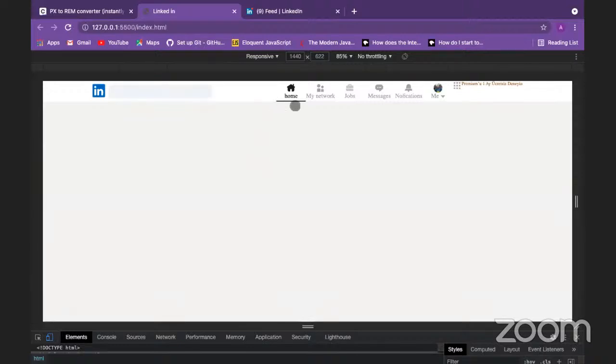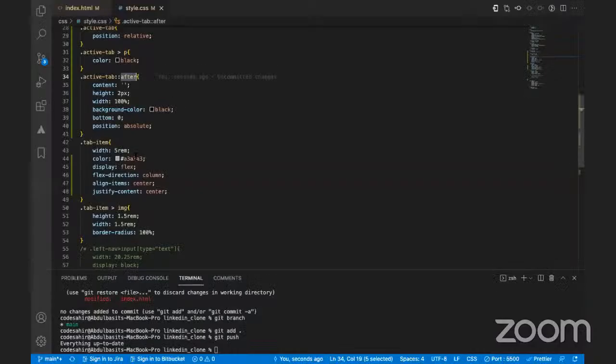Or if you want, the only way to do stuff like that is to add an empty div to your HTML, which adds file size to your project. So we can still achieve this by just adding a div, making it position absolute, and then making the main element position relative. So the positioning now,